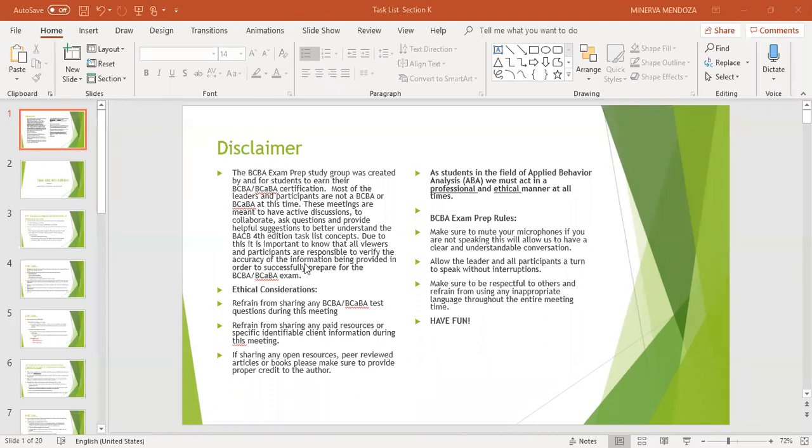So let's start with the disclaimer. The BCBA exam prep study group was created by and for students to earn their BCABA certification. Most of the leaders and participants are not a BCBA or BCABA at this time. These meetings are meant to have active discussions to collaborate, ask questions, and provide helpful suggestions to better understand the BACB fifth edition task list concepts. It is important to know that all viewers and participants are responsible to verify the accuracy of the information being provided in order to successfully prepare for the